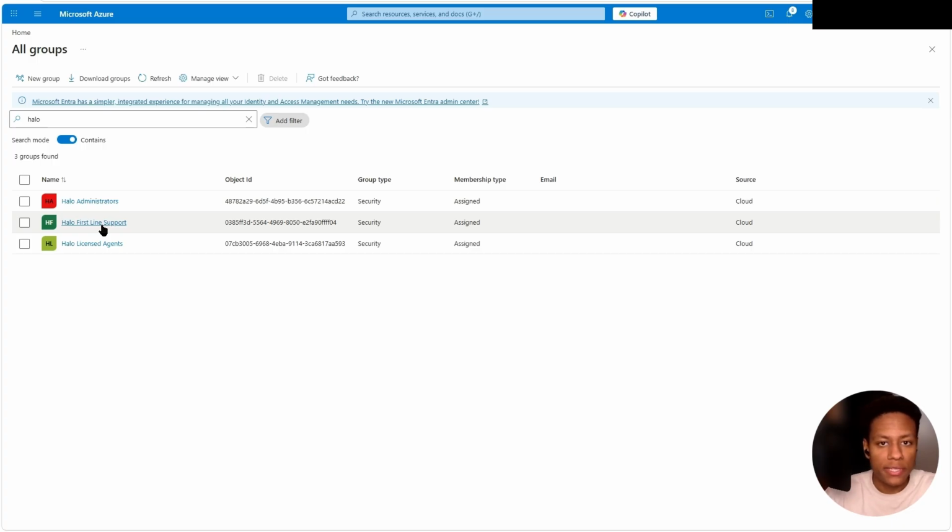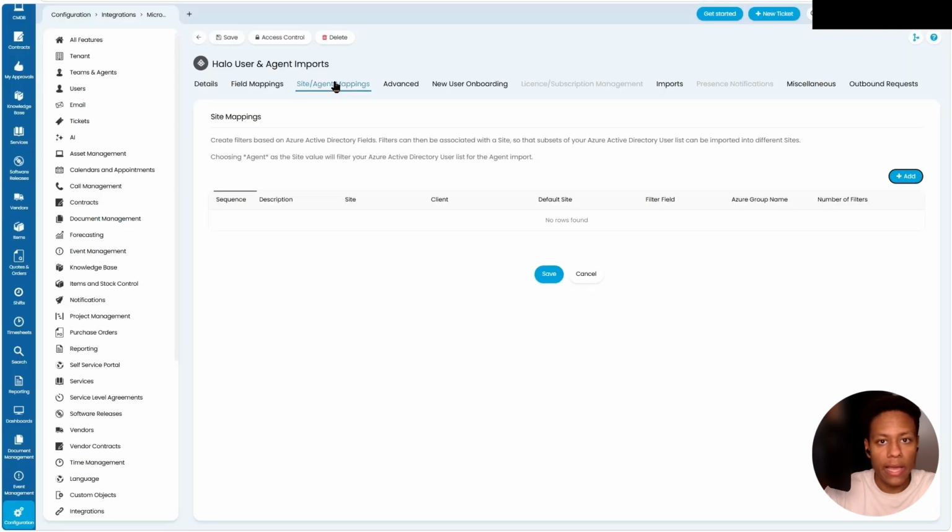And just note that users may appear in more than one group, and in this case, I'm a licensed agent. I'll be working on tickets. I'm also going to be an admin within Halo, and I want to be a part of the first line support team. Typically, we'd have a few additional groups for our additional teams, such as second line support, business applications, infrastructure, facilities, etc. Now that I have my groups, we'll jump back into Halo, and within the site/agent mappings tab,